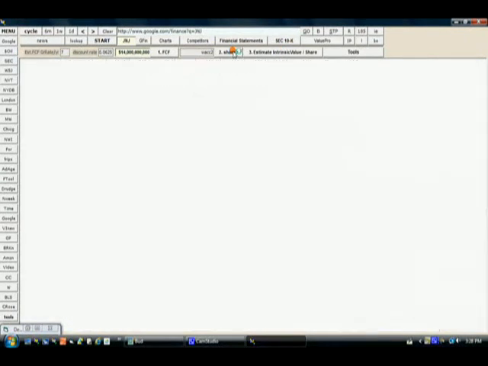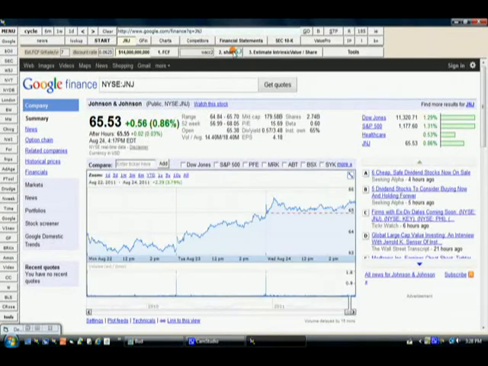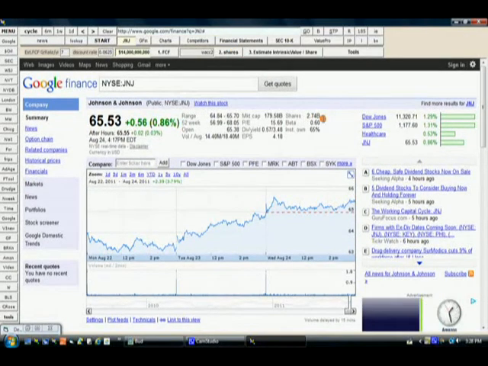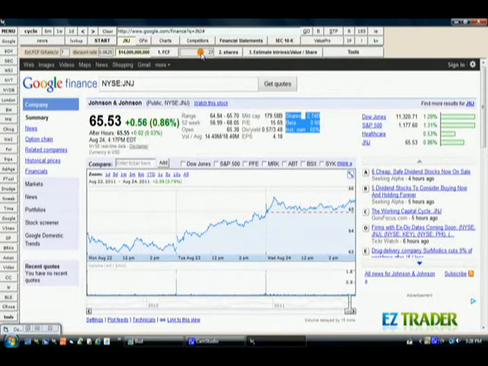So we click on that button and that takes us to the Google Finance, and we notice here that the number of shares are in the region of 2.74 billion shares. So we'll put 2,740,000,000 shares. The final step is to click number 3 here, estimate intrinsic value per share,